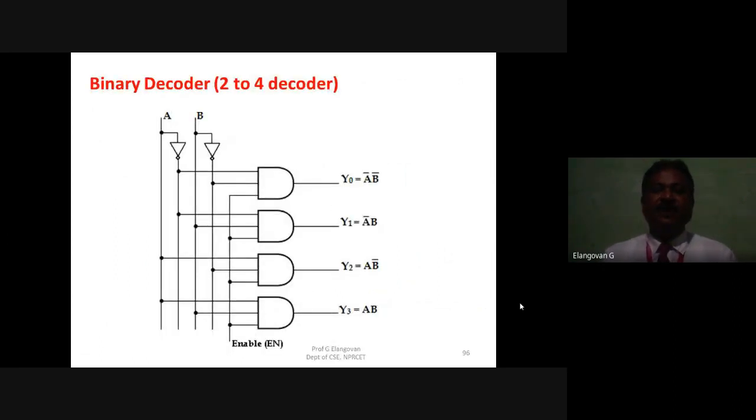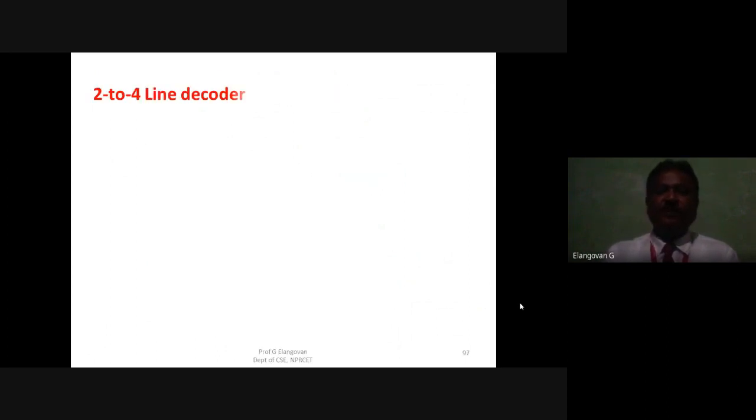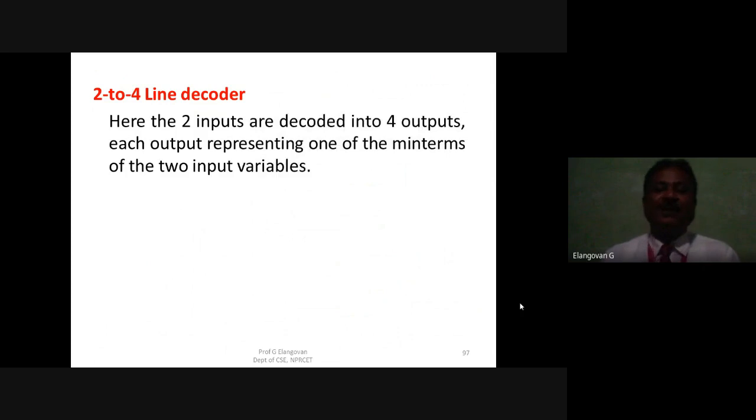So this is a 2 to 4 decoder. There are two inputs A and B. There is another enable input. So you will have 4 different outputs. So that's why it is referred to as a 2 to 4 decoder. We will see how to design that 2 to 4 decoder, and more specifically it will be represented in many texts as a 2 to 4 line decoder. The reason is which line is going to be active. To determine that, it is called a line decoder.